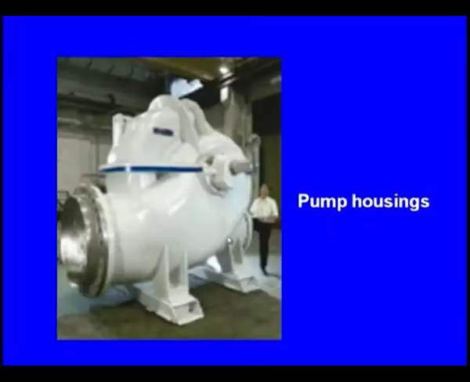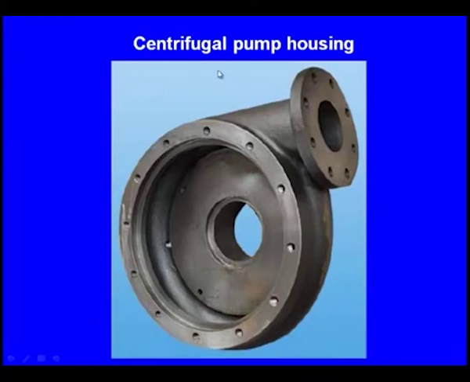And here we can see this is a pump housing, and again this is a casting, and inside there will be a hollow space. How to get that hollow space? We make a core and place it inside the mould cavity, then we get the pump housing of this shape. So, these are all the practical examples of the cores, and here we can see one more case. This is the centrifugal pump housing, and here we can see a hollow recess, and here there is a cavity and hole, and again this is obtained by placing the core in that particular place.